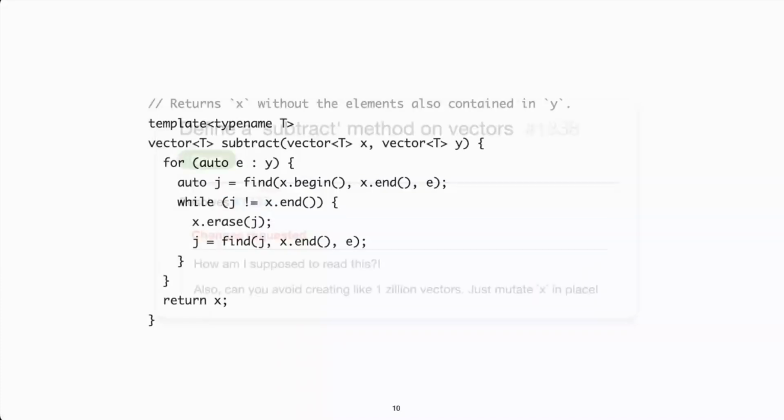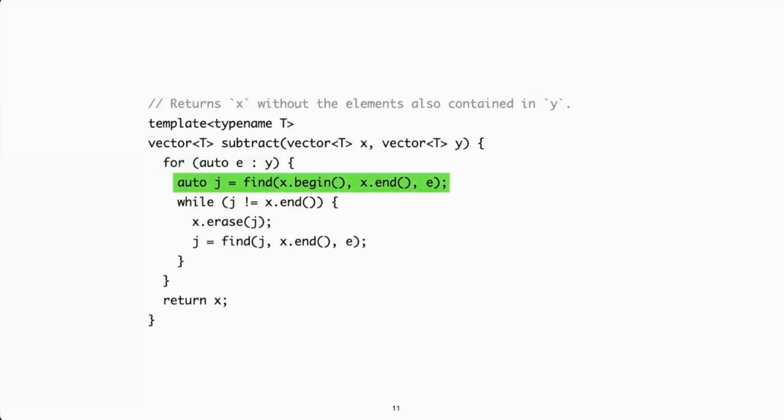Okay, so you start refactoring. And here's what you end up with. It's almost the same algorithm as before, only now it uses loops rather than recursion, and it mutates the result in place as it goes. So let's go over this version. For each of the elements in the second array, we look for an index of equal elements in the first array. If we find one, we erase the element at that index and look for another index in the remainder of the first array in case the element occurred more than once. It's basically the same algorithm as before, but using loops.